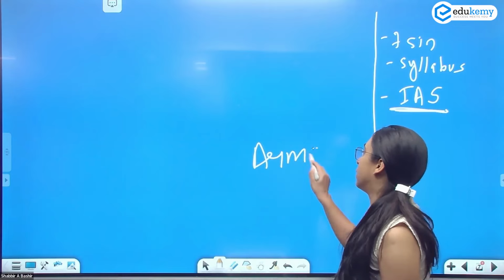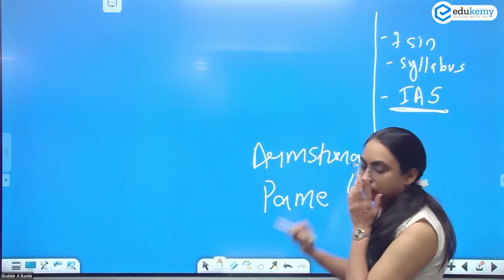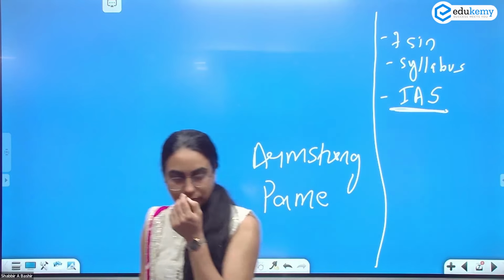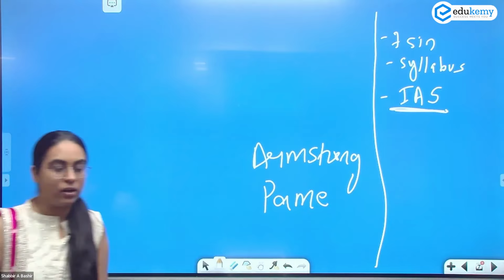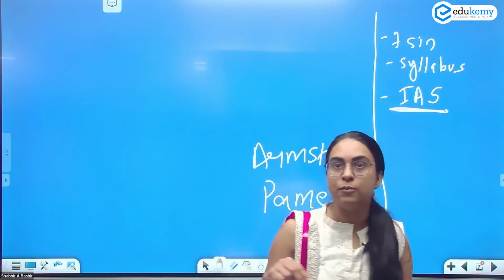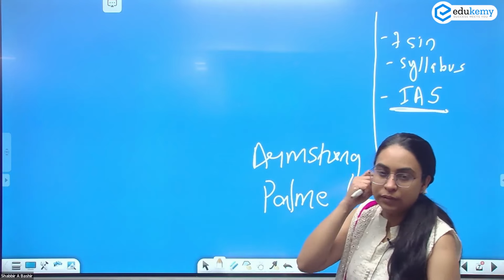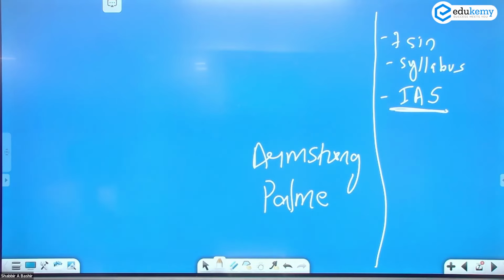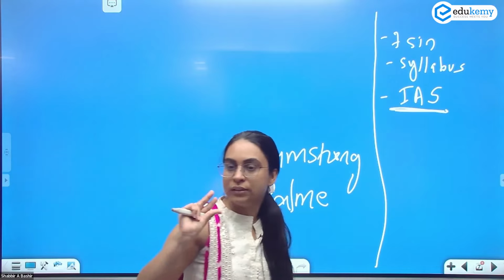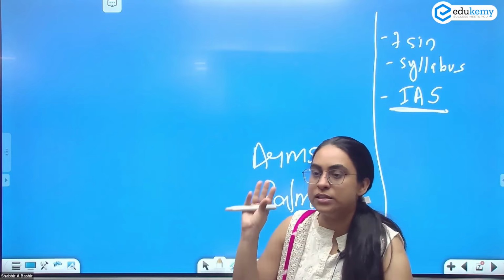Armstrong Palm. He's called as the miracle man of India. इनको miracle man बोलते हैं. I guess ये spelling है, PALME. Armstrong Palm. He's called as the miracle man. क्या किया इन्होंने? He has built 100 kilometers of road by using what? By using people's fund, by using people's money.